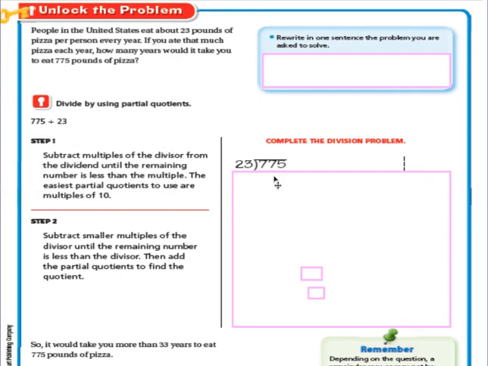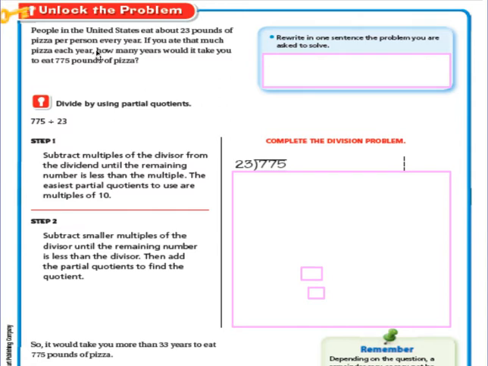Okay, boys and girls, we're going to start dividing using partial quotients. Just another way to divide. And after you listen to the song, maybe that'll give you a quick idea of what partial quotients is all about. So let's get started with people in the United States eat about 23 pounds of pizza per person every